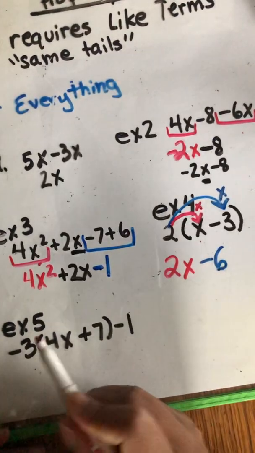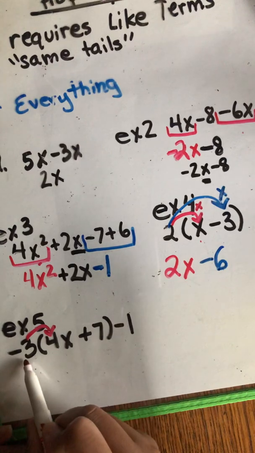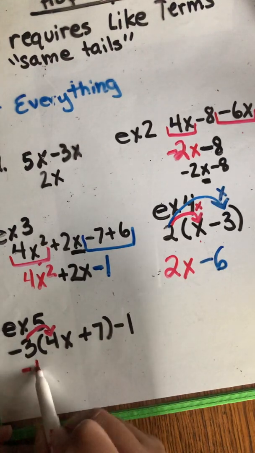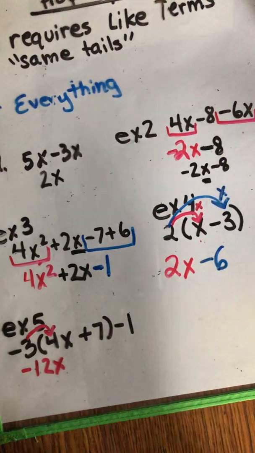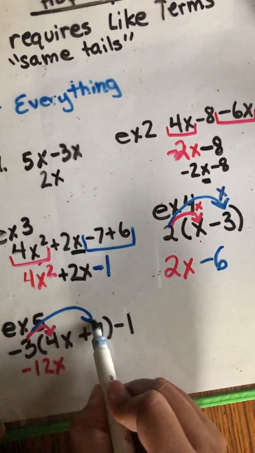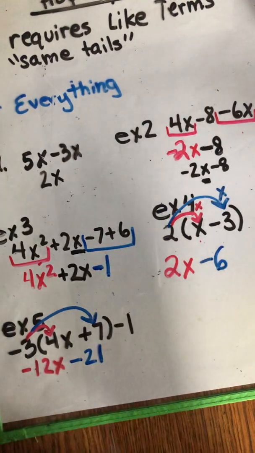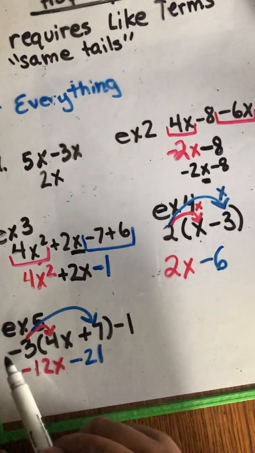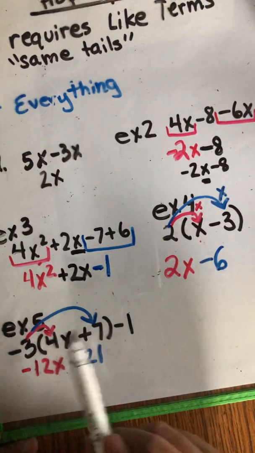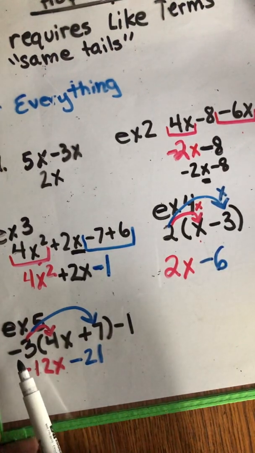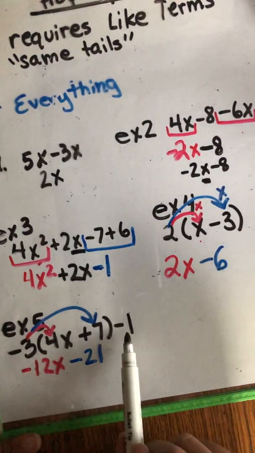I do have multiplication here with the distributive property. And like I said, you can multiply anything. So negative 3 times 4x is a negative 12x. Then a negative 3 times a 7, opposite signs, negative 21. And then negative 3 times negative 1. Oh, wait, you can't do that. You cannot multiply or distribute a term from inside or in front of your